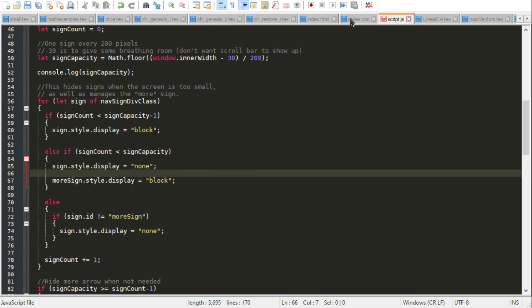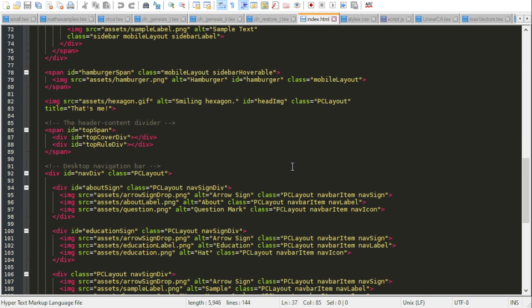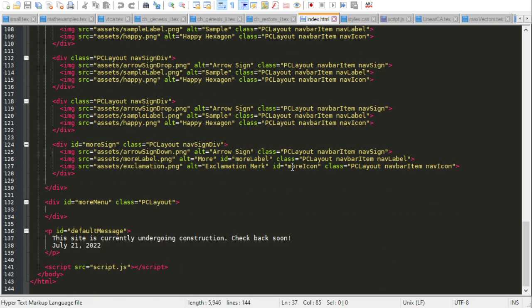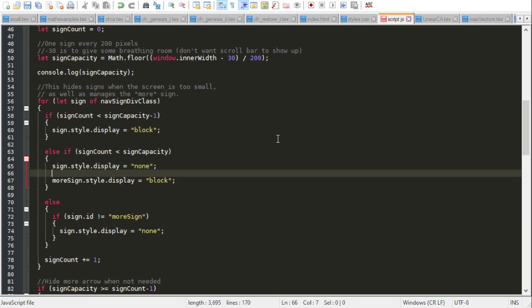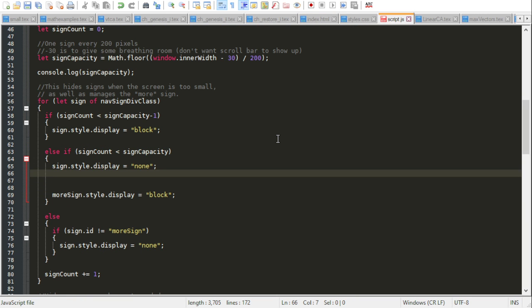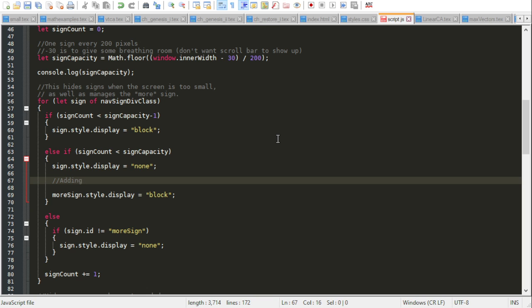What do I do here? Let me go back to my HTML here. So that's just a div. Okay. So adding